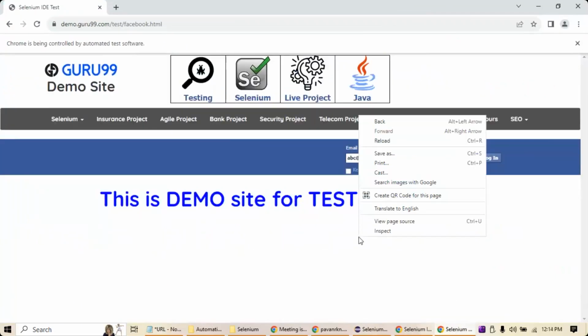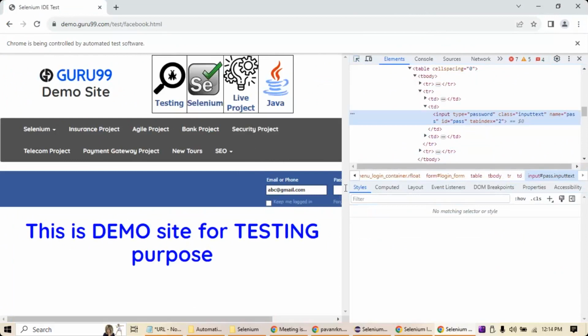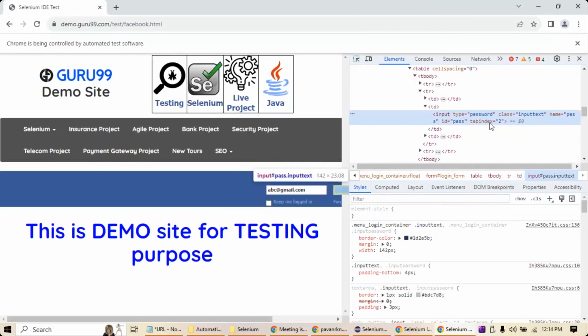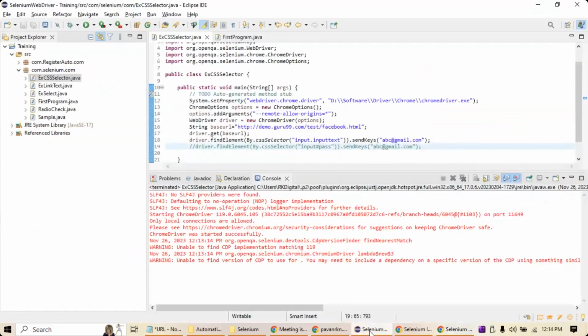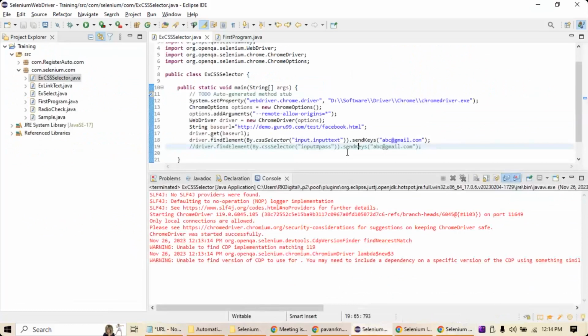Go here, right click, inspect, and then password. See here, input text is here. You have tab index equal to 2. So now I am going to take the same kind of program, but the syntax is this way, tag dot css, and then this. Let me take this. I'll put it here. My tag is input, class is input text,